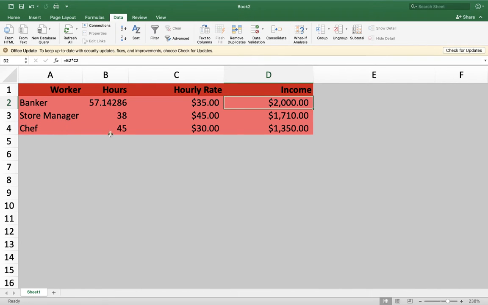Let's do another example. Let's say I'm the store manager and I currently work 38 hours and I earn an hourly rate of $45, and my income right now is $1,710. And so in this scenario, I want to know how much my hourly rate would have to go up without changing my hours in order to earn